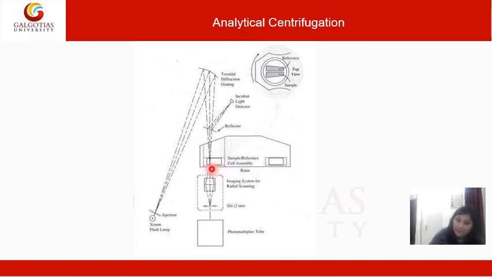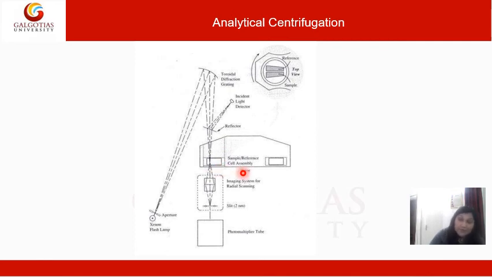This is a chamber that has a reference cell assembly as well as a sample cell assembly. Reference means the assembly that has a known sample. That may be either mitochondria or nucleic acid or anything. Whereas in the sample assembly, we don't know what has been given. What will happen? First, we allow the light rays to pass through the reference cell. First, we have the intensity of light as it is. Then, we allow the light to pass through the known solution. Then, we allow the light to pass through the sample solution.